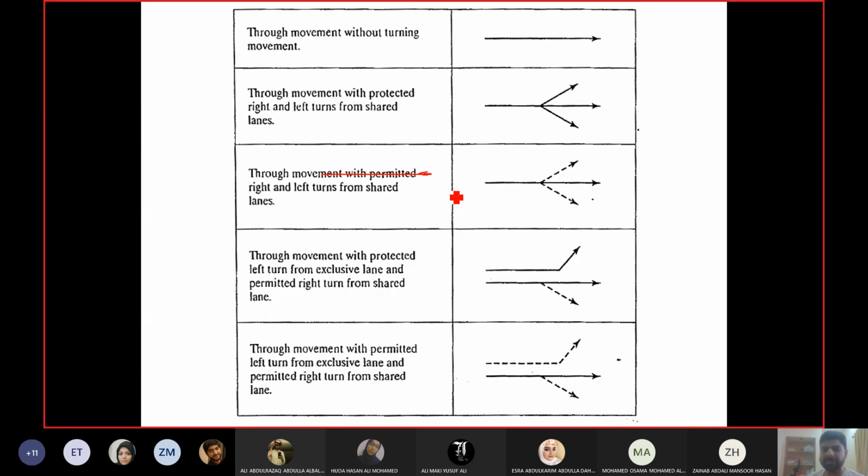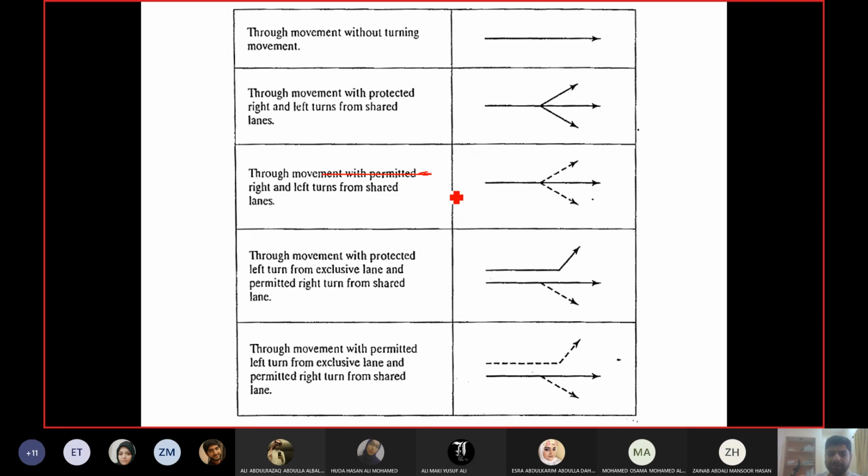In our case, it is right turning. Right turning movement is allowed, except for very, very few locations. I think I found only one location in the whole variant which has a separate signal for right turning. So normally right turning for us is permitted. That one signal is on the road which goes towards the stadium. I think there's a military hospital or something like that, which has a separate phase for right turning as well. But normally it is closed.